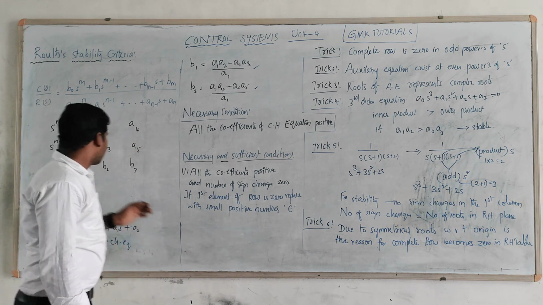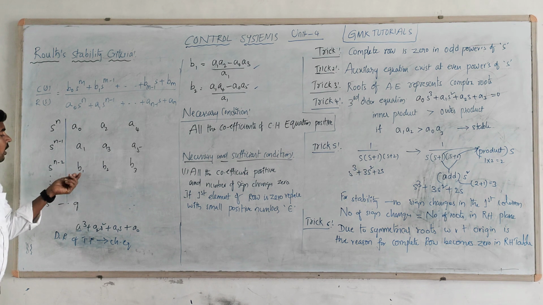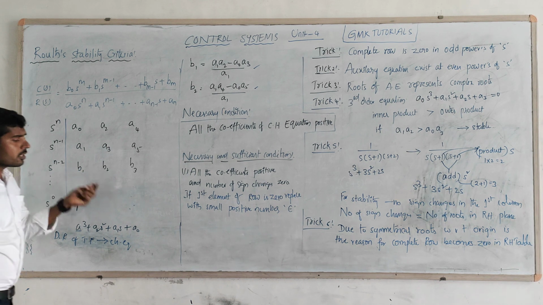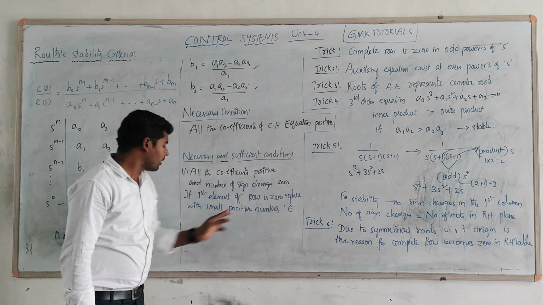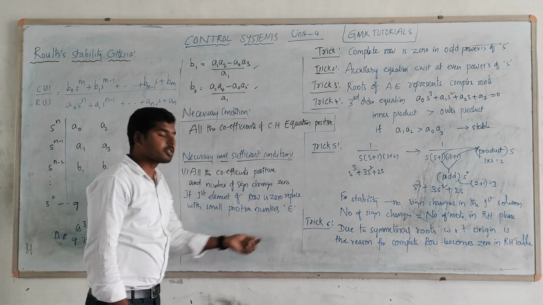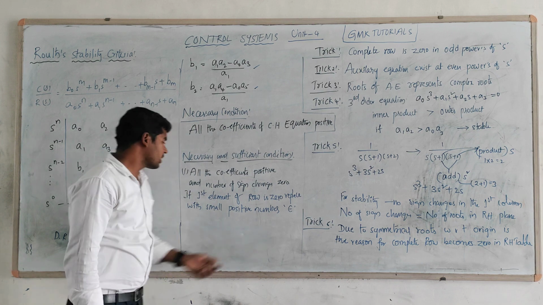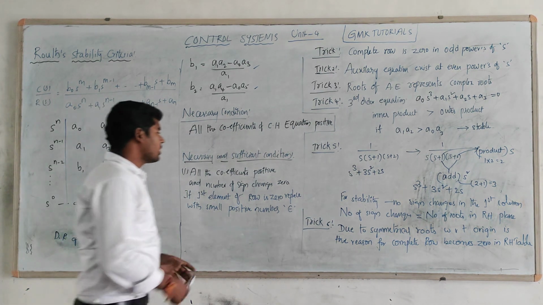In case a value in the row becomes zero, what should we do? If the first element of the row is zero, or the complete row is zero, you just have to replace it. That is, if the first element of the row is zero, replace it with some small positive quantity. We have taken epsilon as the assumption here. By replacing with epsilon we can find out the remaining process. Okay, that is a generalized criteria.